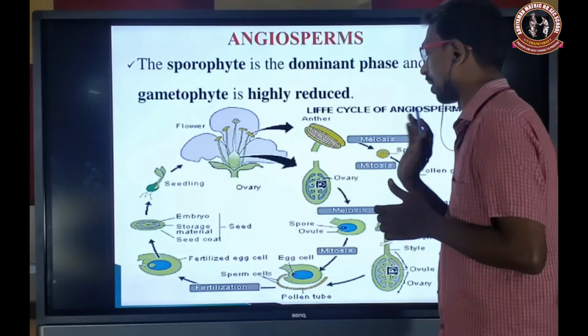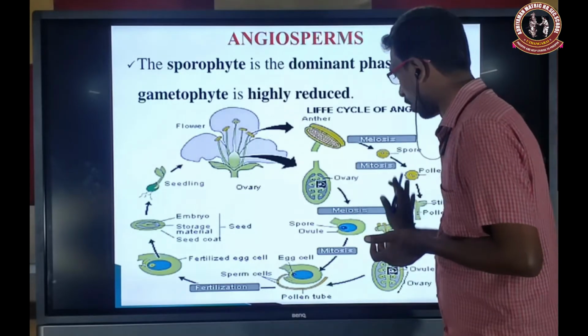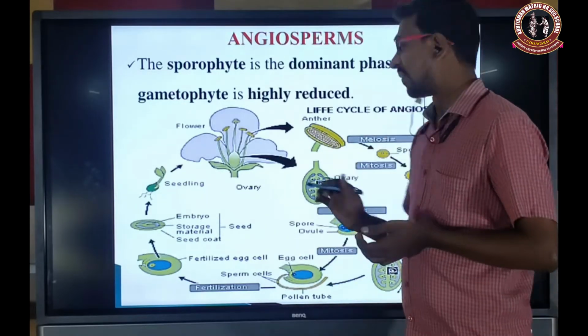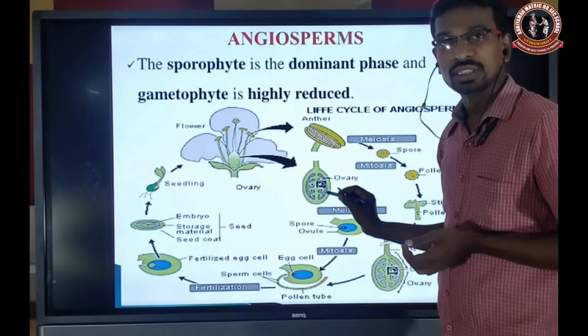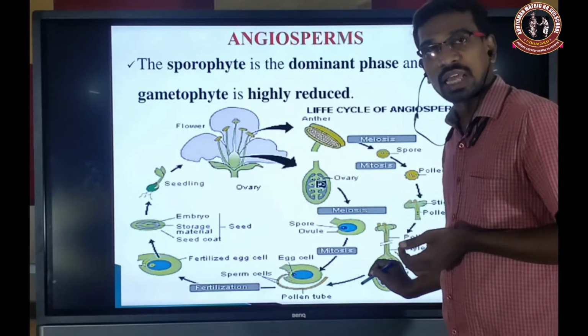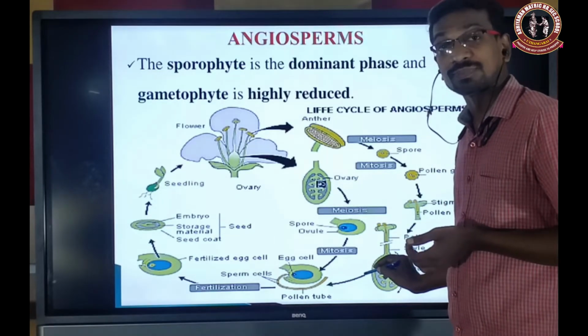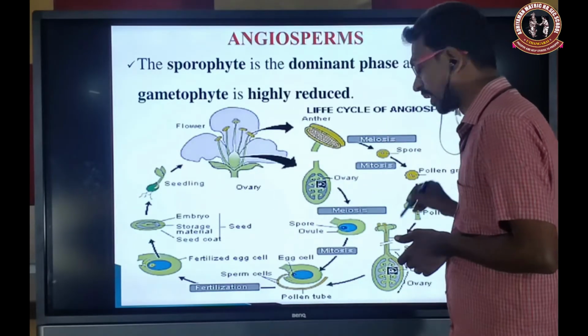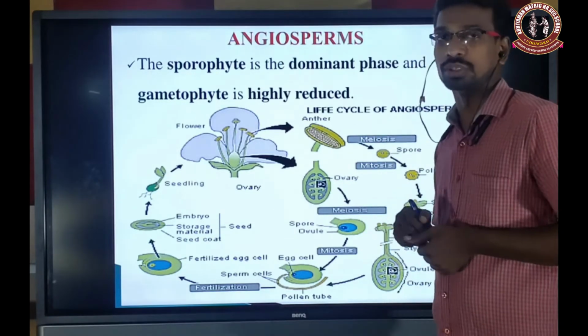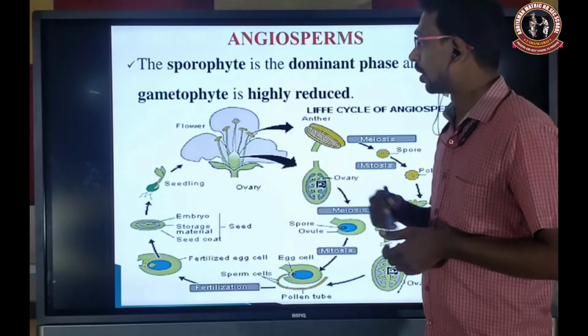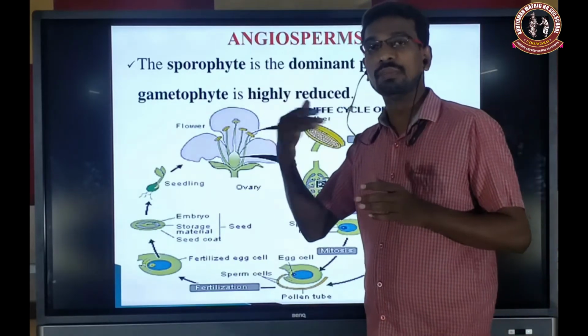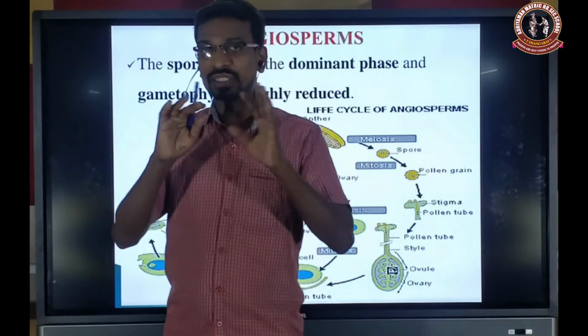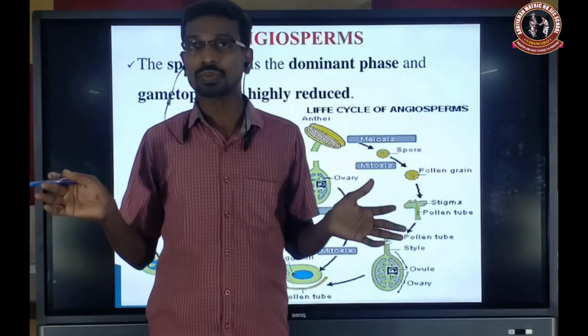Only this is haploid, so the remaining are all diploid. When the fertilization is over, the zygote is formed again. The zygote is the first cell of the sporophyte, so the diploid condition is restored. All the plant parts, the leaf, stem, root, flower, everything, are diploid,